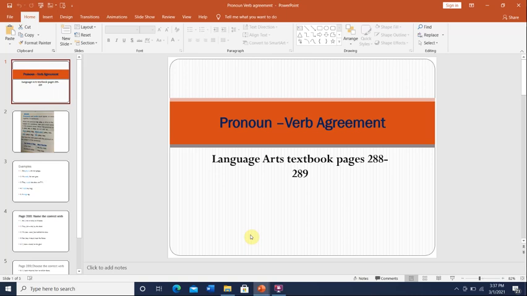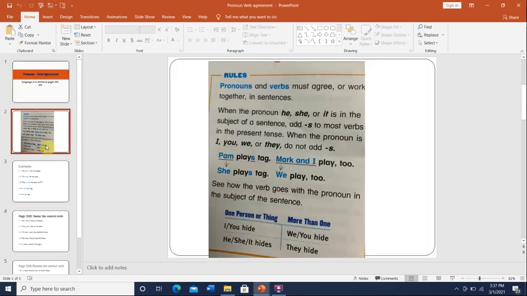All right, grade 2. So today our lesson will continue talking about pronouns and verb agreement. Okay, so we took that a pronoun is a word that takes the place of a noun. Today we will practice writing the correct verb that goes with a pronoun. As we took before, in the present tense,